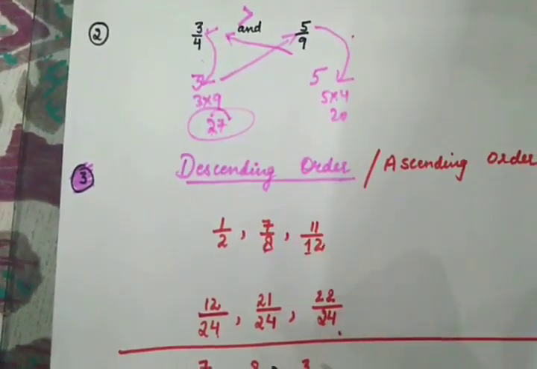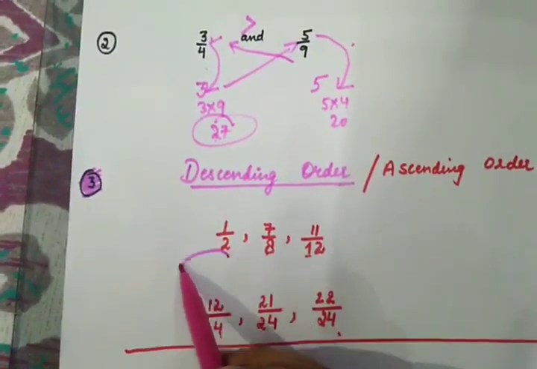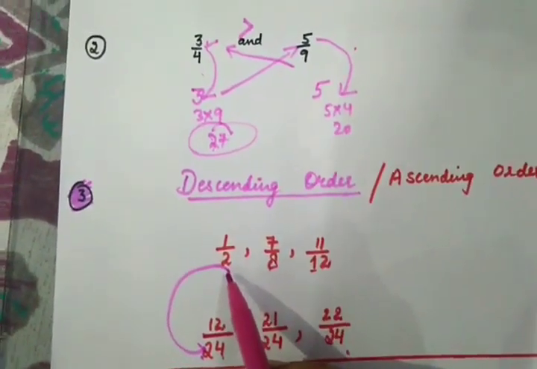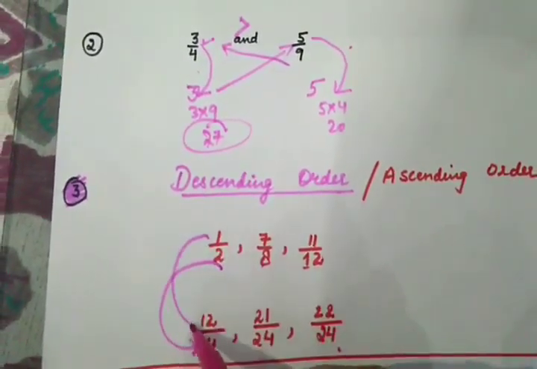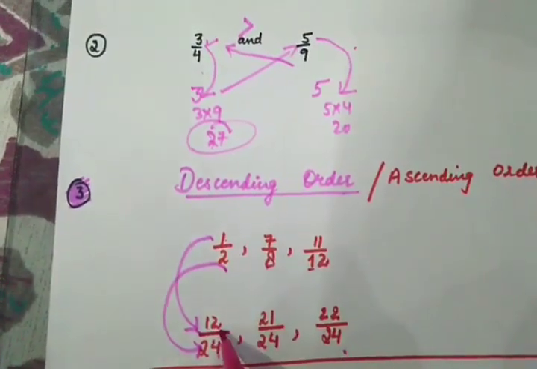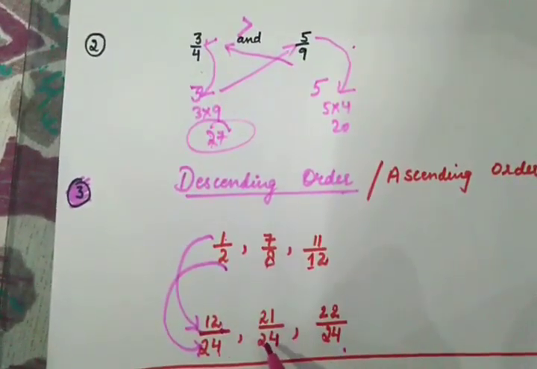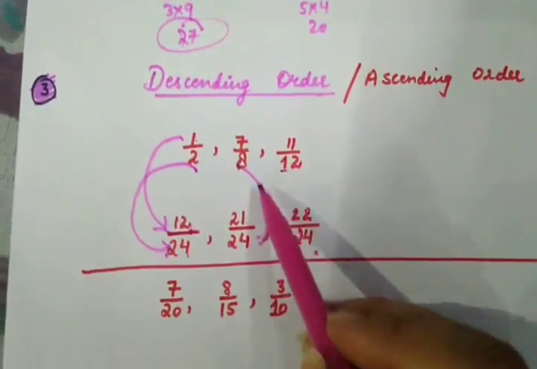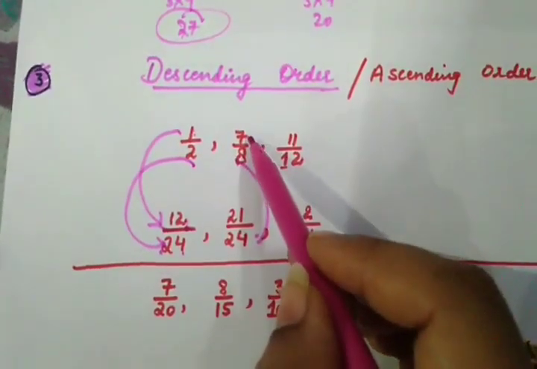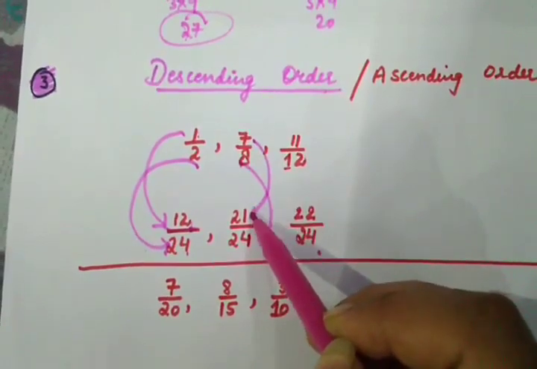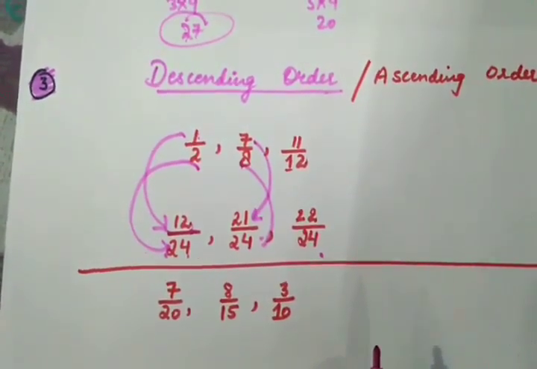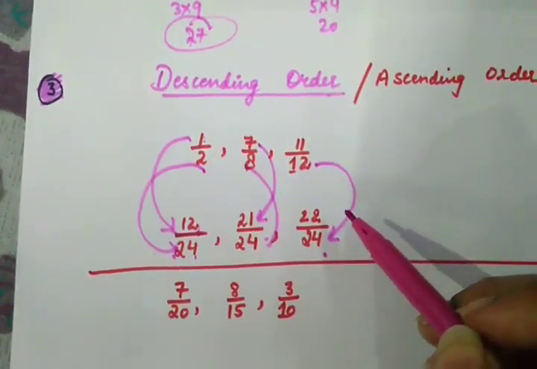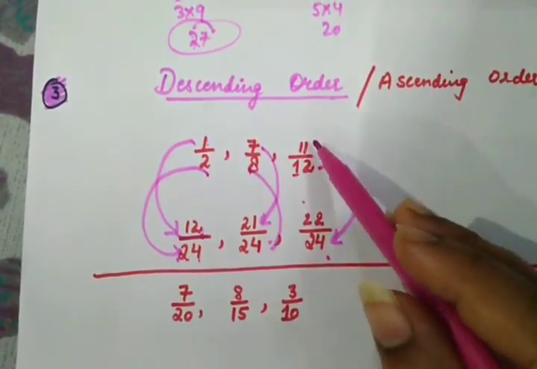Now see how we will be solving this. When 2 is made 24, you multiplied this by 12. So if you multiplied the denominator by 12, obviously you need to multiply the numerator also by 12, and 1 into 12 is 12. Let's move to the next one. 8 you are making 24, so you are multiplying by 3. So you need to multiply the numerator also by 3. So 7 3s are 21. Last now. 12 you are making 24, so you multiplied this by 2. So 11 2s are 22.